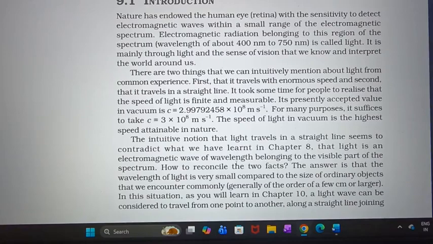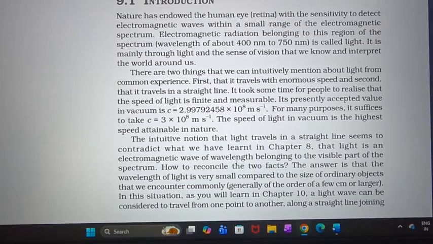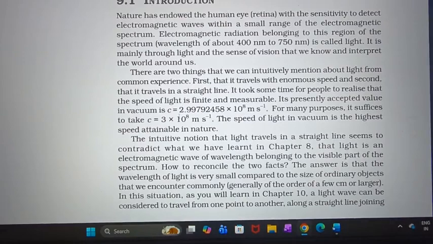That means light rays are traveling in a straight path and some obstacle is there in the middle, so a shadow is formed. So this we got to know, and then it took some time for people to realize that the speed of light is finite and measurable. Because the light travels so quickly, people thought that okay, it may not be finite, we won't be able to measure it. But there was a way to measure it, and we found out that the speed of light in case of vacuum is